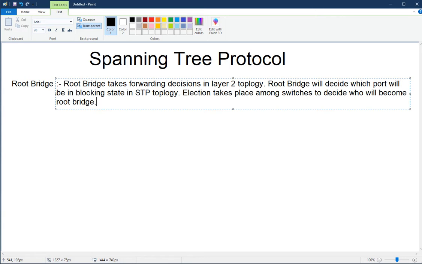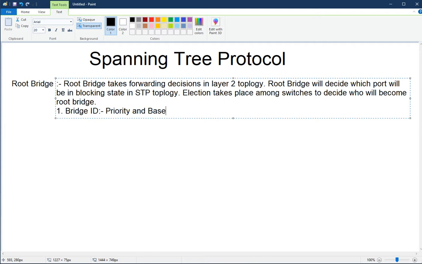And this election happens on the basis of the bridge ID. Bridge ID is composed of priority and MAC address. So on the basis of bridge ID, the root bridge is elected,